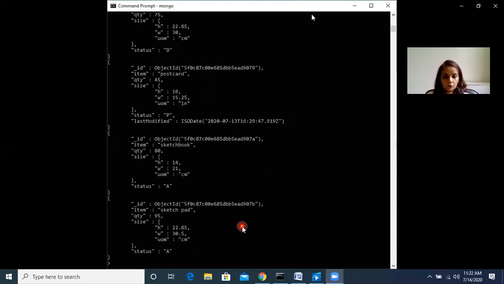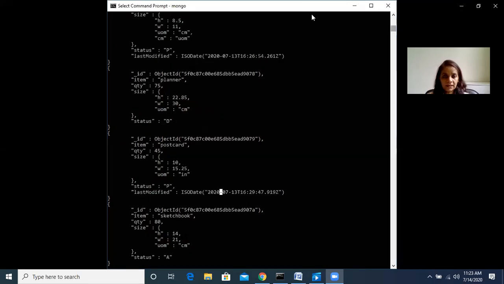Let us check for those where quantity is less than the condition which we have specified, that is quantity less than 50. So this record quantity is 95, and here quantity 80, and here the quantity is 45. It means less than 50. So this was the filter which we have applied. Here the status has been changed to P, units of measurement has been changed to inches, IN, whereas in the last 2 records we have UM as centimeter, CM, and here the last modified date will be changed.